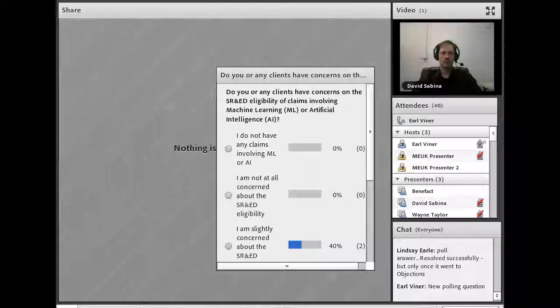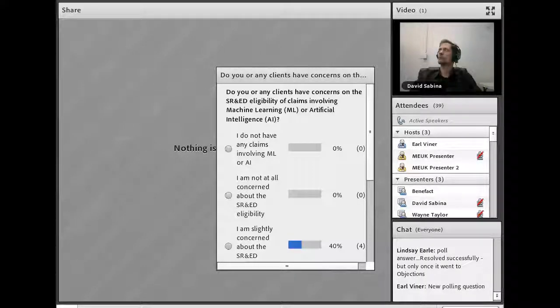I think it's an interesting area, and as David says, it's one that's really evolving. And I think that a lot of the claims may actually be too early to tell, shall we say, because CRA is just starting to get into them. It'll be interesting to see how well they do in this area. So people, just another couple minutes. I don't see any questions. If anyone has any questions.